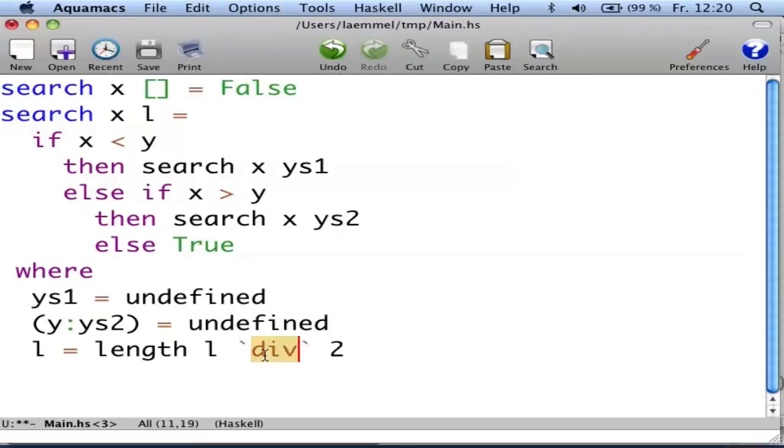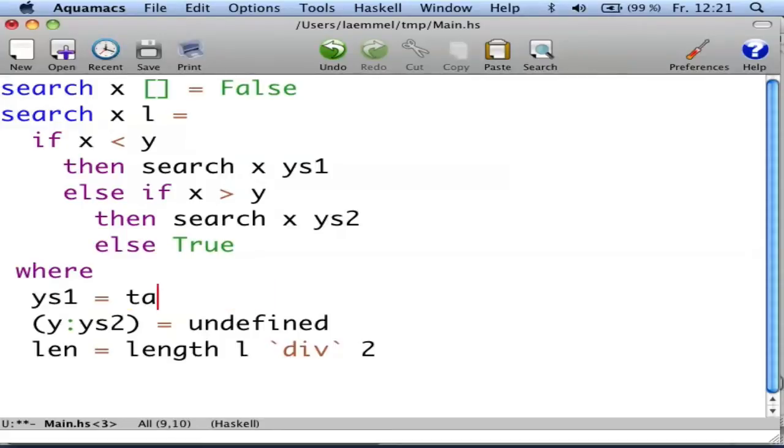This means integer division. And the fact that I'm putting div between these quotes means I'm using it as an infix operator rather than a prefix operator. But let's not bother about this. It looks good on the eye, right? So you put the division operator between the operands. Okay. So now what we do is, if the length of the list is going to be len, then we just take that number of elements from the list, and here we just drop that number of elements from the list. So take and drop are some nice library functions